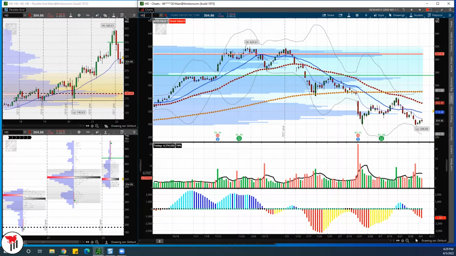So needless to say, if you want to be short, you can short 300 for 275. That's a good one too, right? 25 points right there. It should give us almost a 9% target. So Home Depot under 300 for 275 passes. That cuts it, because I don't want to be calling 3% right here, because it just doesn't make much sense for this type of research that we're doing.